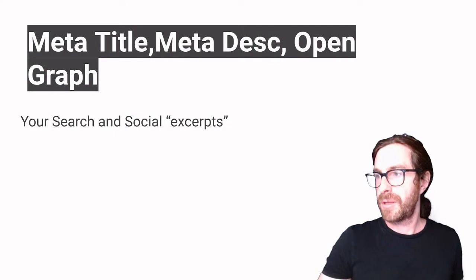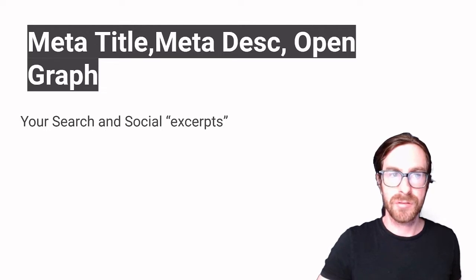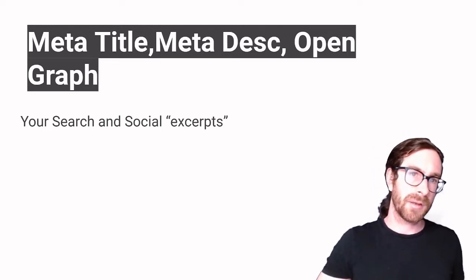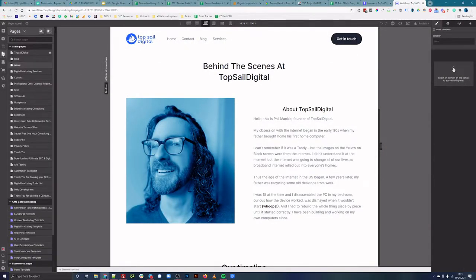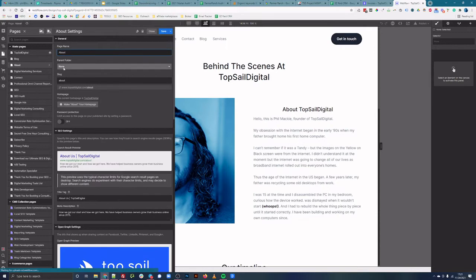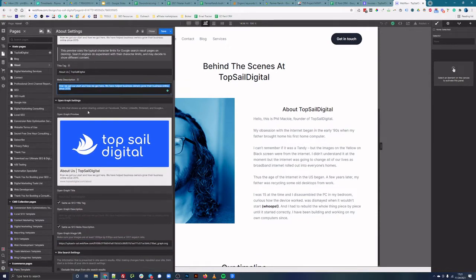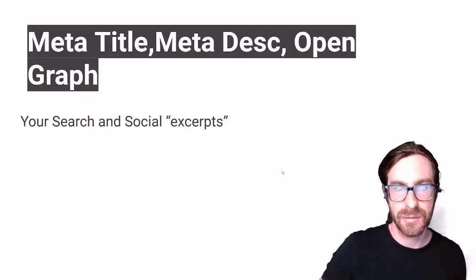Reason number one would be in the past you had to use different plugins on WordPress to get meta title and meta description and open graph. This is nice because you want meta title, meta description, and open graph on all of your pages, and WordPress didn't support this natively. But also keep in mind, WordPress is like 20 years old, I think, at this point or more. So this is a worthy consideration, and I'm going to show you what exactly I'm talking about in